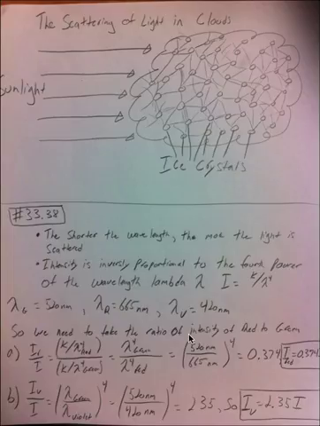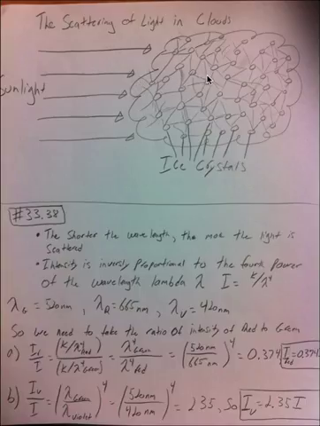Now to talk about the scattering of light, I'm going to use the example of a cloud. I'm going to talk about why clouds are white, because everyone can agree that clouds are in fact white. So we have clouds, which are made up of tiny ice crystals. There are millions of ice crystals in the clouds, and sunlight traveling from the left comes into the cloud, and